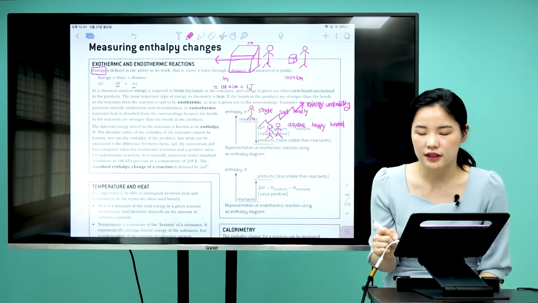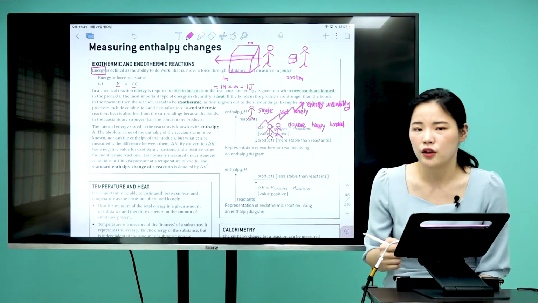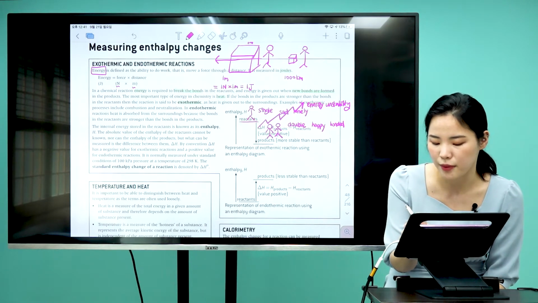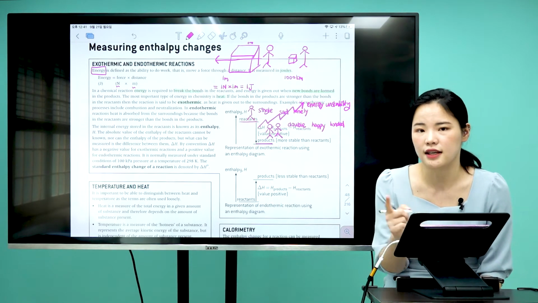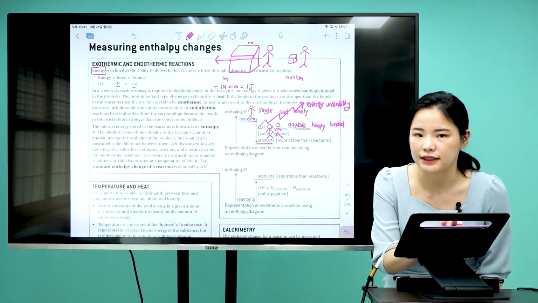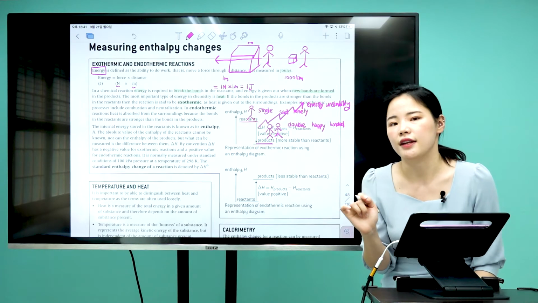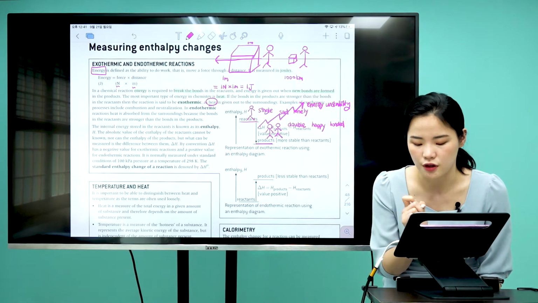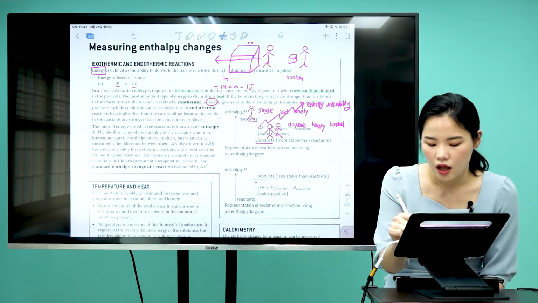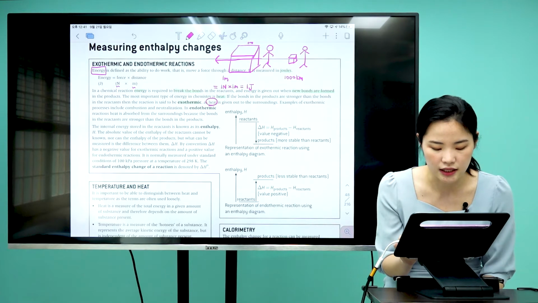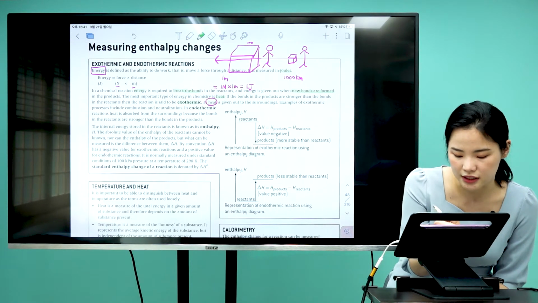Okay, so that's the gist of exothermic. You were an unstable person to a happy married person, and energy is given out in the process. So in an exothermic process, the energy that is given out would be heat that is given out to the surroundings. Examples of exothermic processes include combustion and